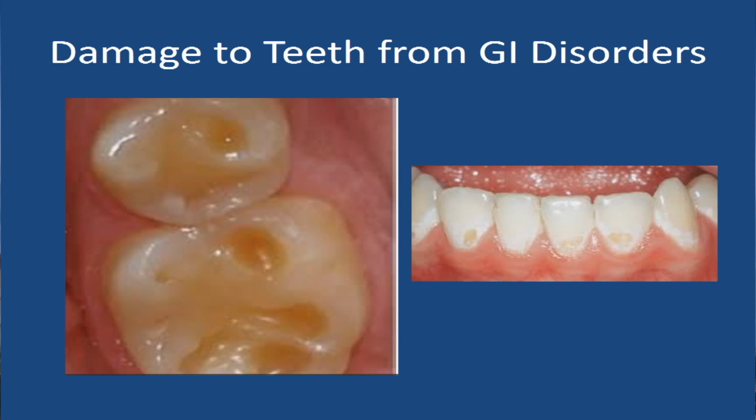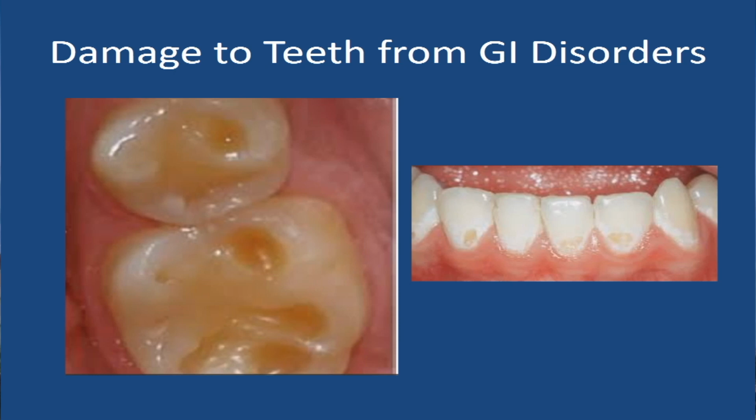These are examples of damage to teeth from GERD and GI disorders where nausea and vomiting occurs. This is chemical erosion on the left tooth surface, and it leaves these pits that, although smooth and oftentimes not symptomatic, nevertheless are progressing towards the pulp. The teeth on the right-hand side appear as though they are hypocalcified and have some incipient carious lesions that